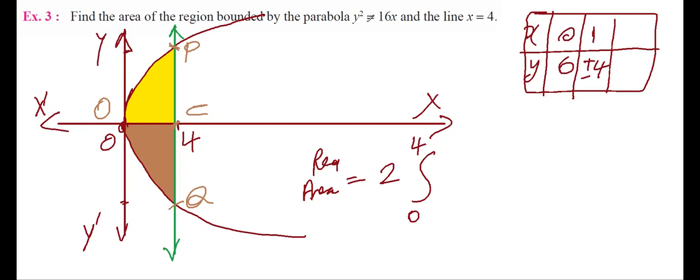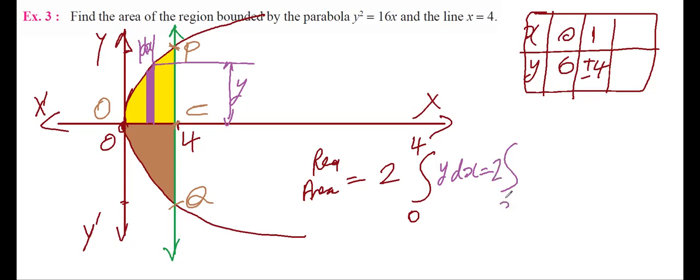What is my f of x? For that, I am going to take a strip. I am taking a small strip here. Okay, this is the small strip. Now what is the length of this strip? The width of this strip is dx, and this will be your y. So you will multiply y and dx. Okay, what is the value of y? The value of y over here is root of 12x, which is 2 root 3 root x.